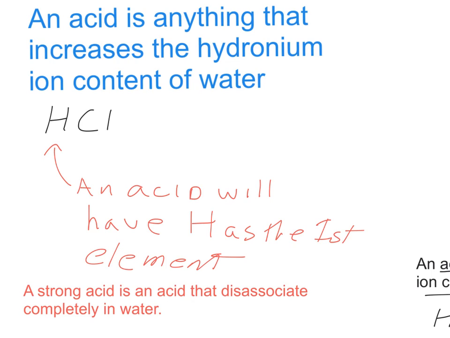So we see hydrogen there as the first element, so that's a clue we have an acid. Now we place this acid in water. Now instead of just writing that hydrogen ion when the breakup occurs, we're now going to reflect what actually happens in water. And we're going to say it forms the hydronium ion